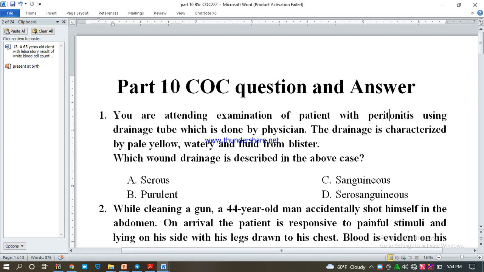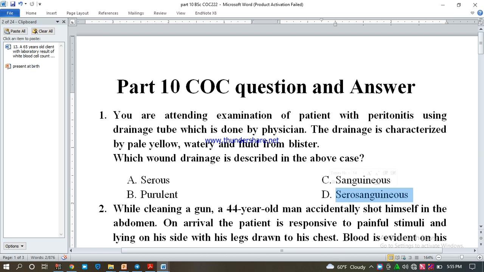sanguineous, serous and purulent drainage ብለን የምንጠራቸው አሉ። ከዚህ ውስጥ ማንኛው ነው የዚህን pale yellow watery and fluid from blisters characterized የሚያደርገው የድሬኔጅ አይነት ማንኛው ነው ይለናል። እስኪ ሰፓሬት አድርገን እናየው፣ የመጀመሪያው ስለ ሴሮሳ